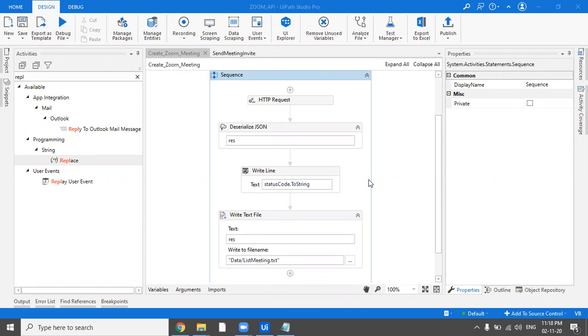And as I told you, we'll also be exploring how to embed HTML code in the mail and replace some data in the HTML with the response we got from the Zoom API, and then send that mail to the user. In short, completing the whole cycle: we've created a meeting, and then we've even sent a customized mail to all the users.